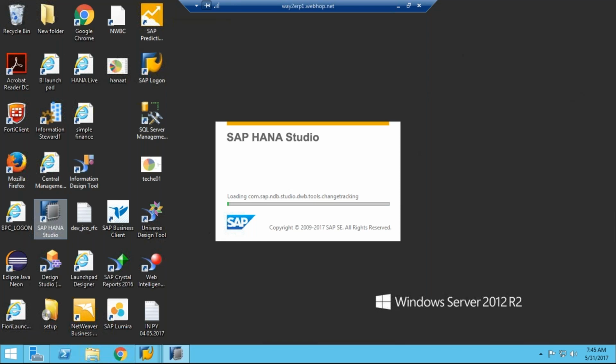HANA 2.0 also has advanced XS, so most of the programming we do in HANA Web IDE, the advanced successor to HANA Studio. HANA Web IDE is a web-based tool.